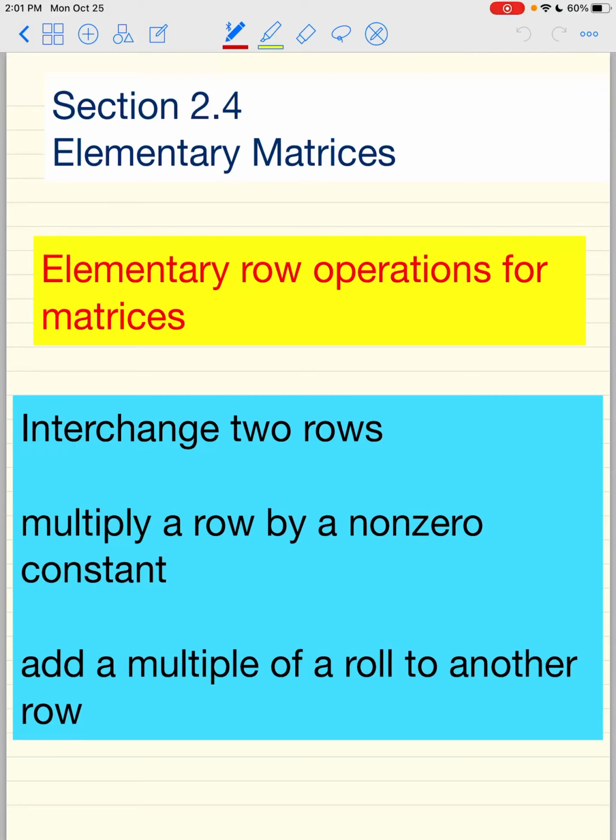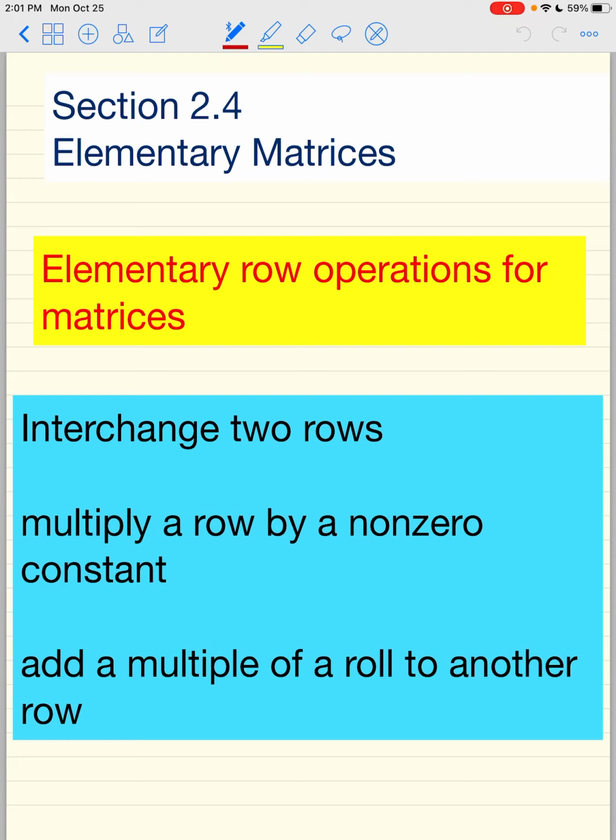Hey guys, welcome back to section 2.4 in linear algebra. So in this section, it's pretty deep. So what I'm going to do is break up the videos into small pieces, and hopefully this will help. Okay, so this section is called elementary matrices, and if you guys recall elementary row operations for matrices